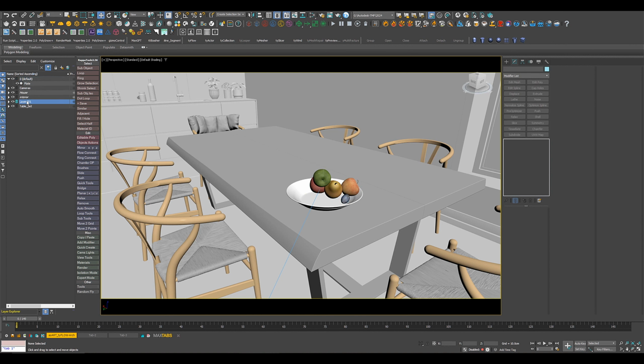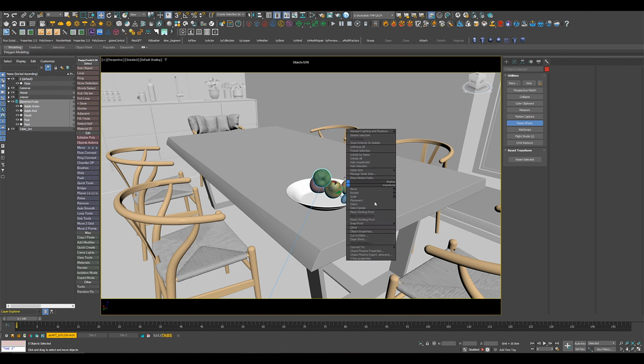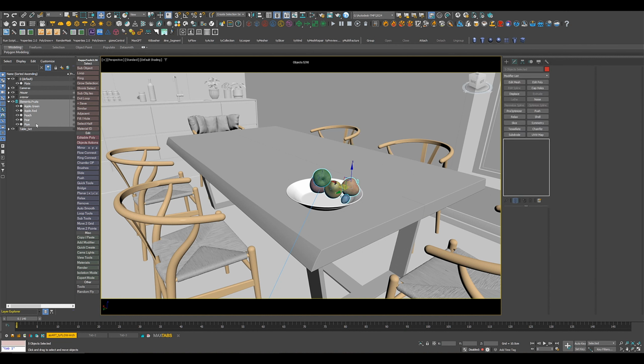and send them to a new layer. Call that element fruit. So now I'm going to select all of them, go to hierarchy, affect pivot only, and center them. Then go to utilities, reset xform, reset selected, and then right click, convert to editable poly. So now I can move them aside